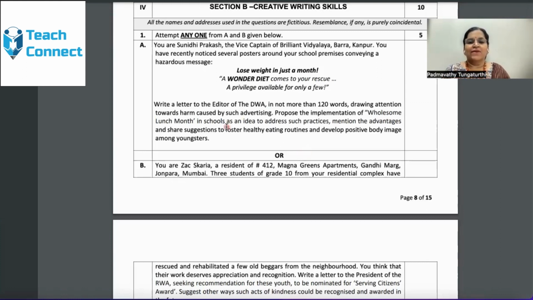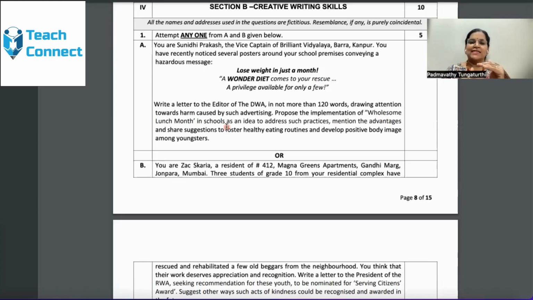Write a letter to the editor of the DWA in not more than 120 words, drawing attention towards harm caused by such advertising. Propose the implementation of Wholesome Lunch Month in schools as an idea to address such practices. Mention the advantages and share suggestions to foster healthy eating routines and develop positive body image among youngsters.